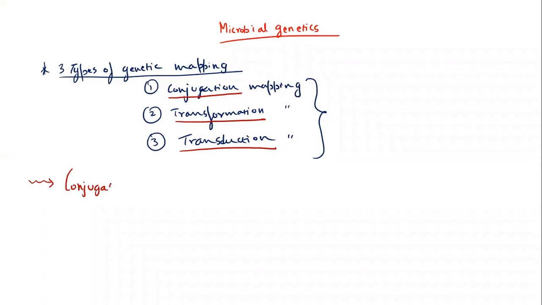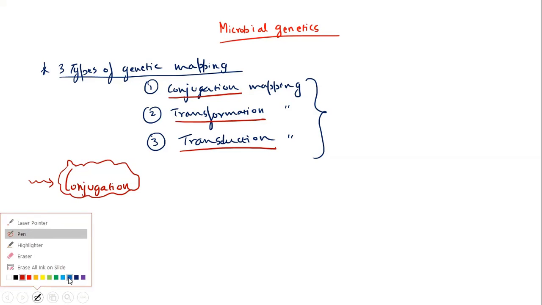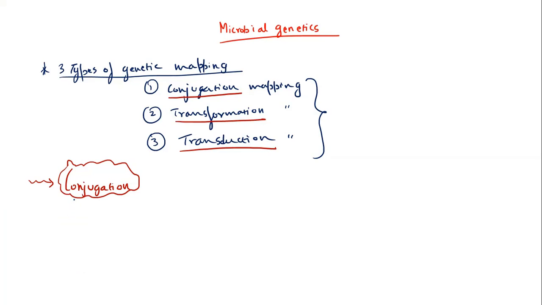So Vignesh, can you try to define conjugation now? How to define the word conjugation? Genetic exchange between two bacteria with physical contact. Okay, so maybe we have to define the direction also. Can I say it's a unidirectional